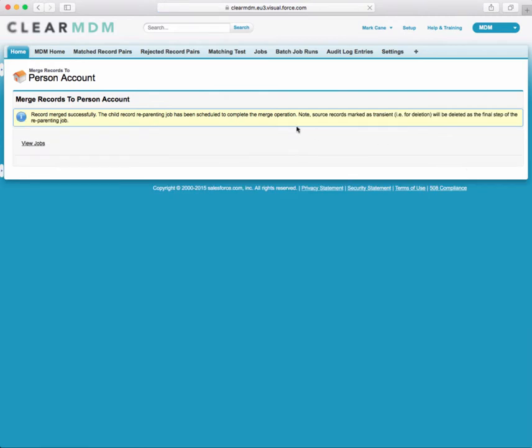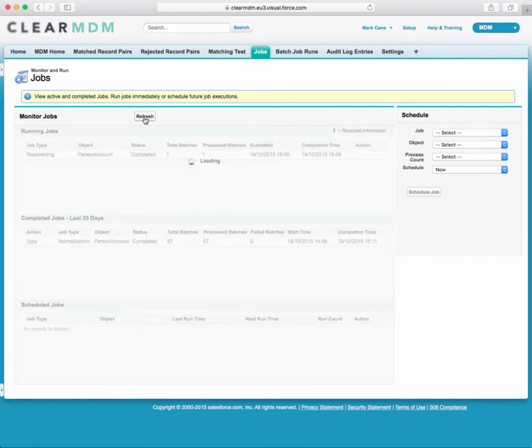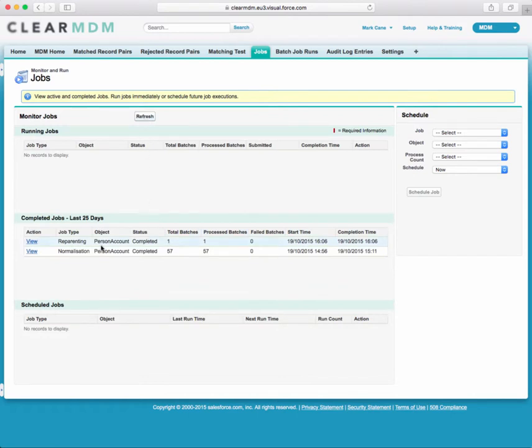Take a second. The record's merged successfully. That's great. Also notes that we've triggered the reparenting jobs. It gives me a nice convenient link across to the jobs page. And we can see here reparenting is running. Very small record volume, of course. But what we'll do at this point is, if we jump back to the person account,